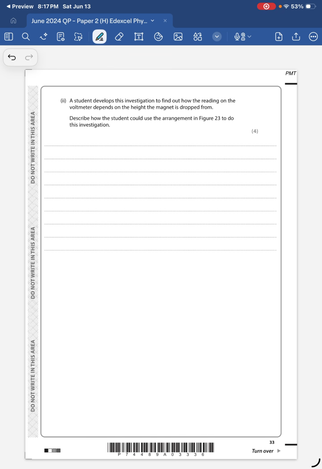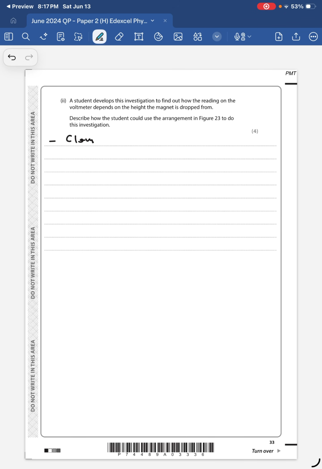Another writing problem. Okay, so this is a tedious test. Okay, a student develops this investigation to find out how the reading on the voltmeter depends on the height the magnet is dropped from. Describe how the student could use the arrangement in figure 23 to do this investigation. So you can, he or she, I don't know,